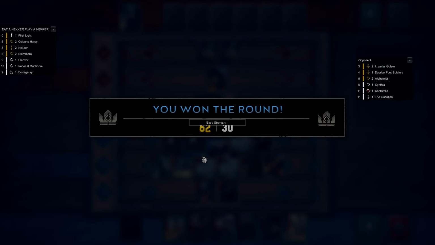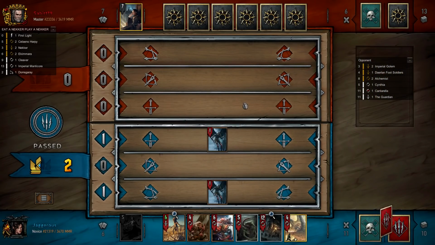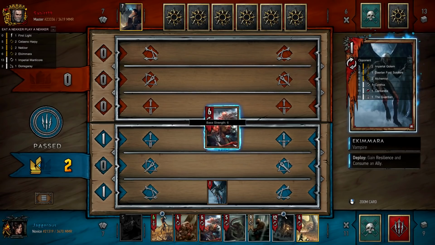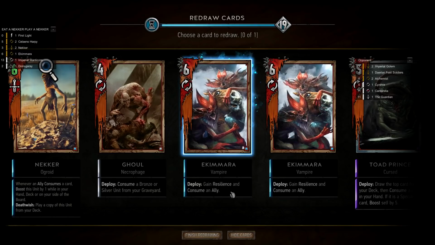Very strange deck being run by this Emir. You know, I thought it would be Spies, and it's just some kind of reveal thing. We're going to draw Cleaver. We knew we were going to draw Cleaver. And an Ekimmara. And Ekimmaras are good for carryover, but we don't have a lot of great consume targets, so